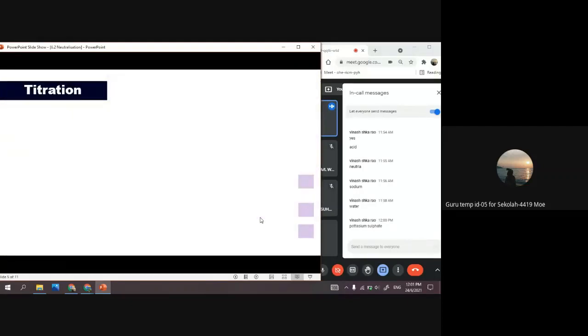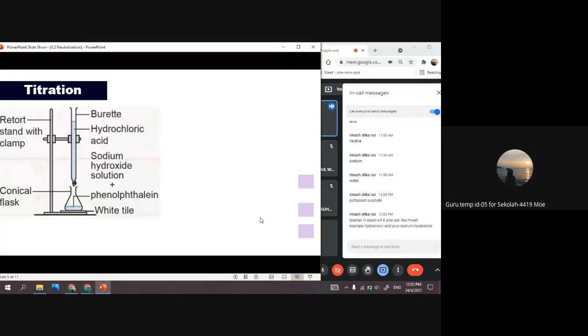Okay, next titration. Okay, remember I said earlier, the method used to carry out the neutralization is titration. So titration is a method. Okay, starting from here, please pay more attention, okay? Because I'm going to explain the process of titration. So here is the setup for titration. Okay, kalau dalam makmal kita bolehlah carry out eksperimen ni, tapi yang ni,